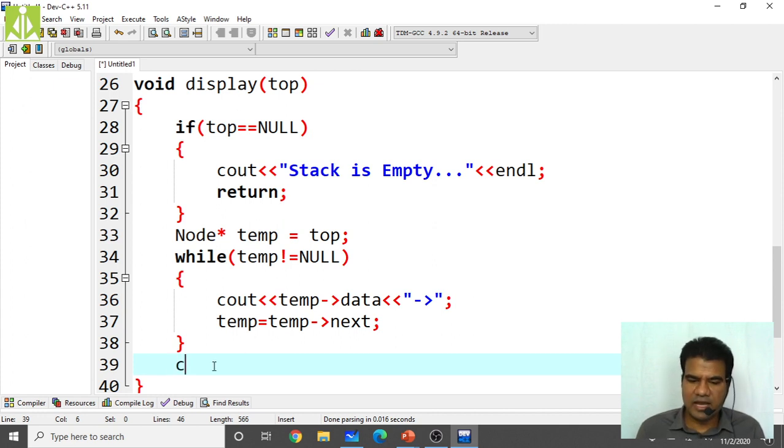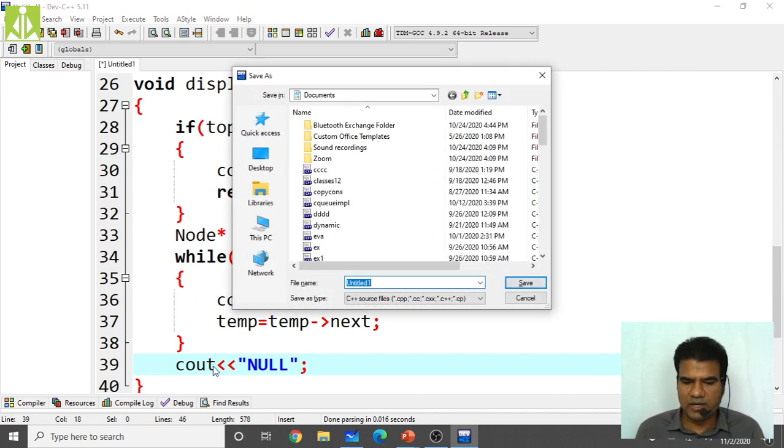So simply take another statement, cout, and print null, that's it. Just to have that end termination point in your stack, I'm printing this one.